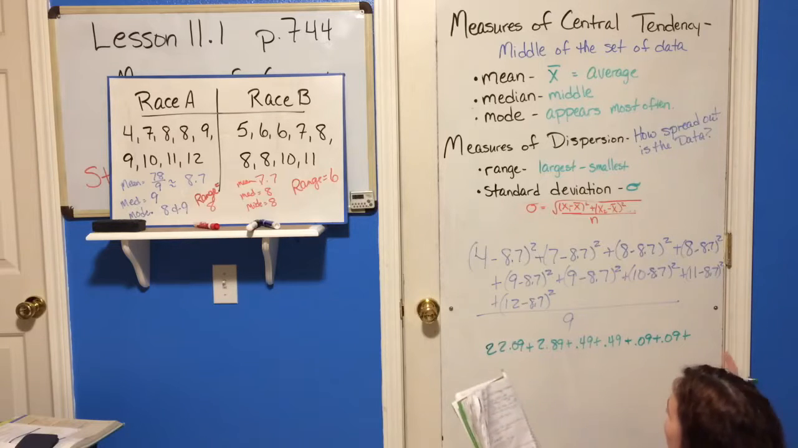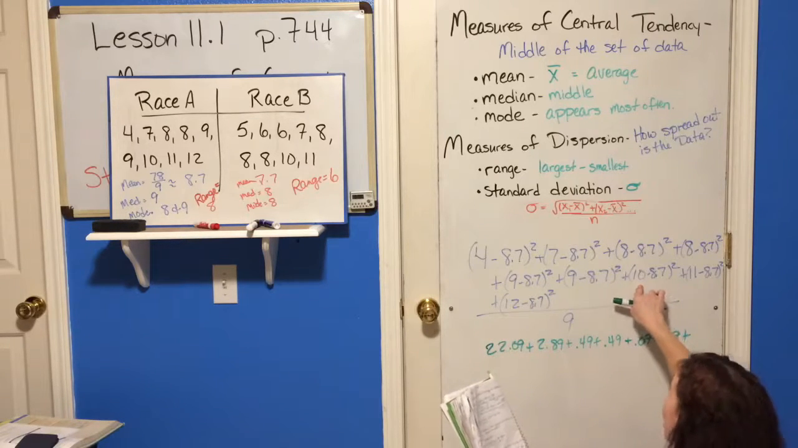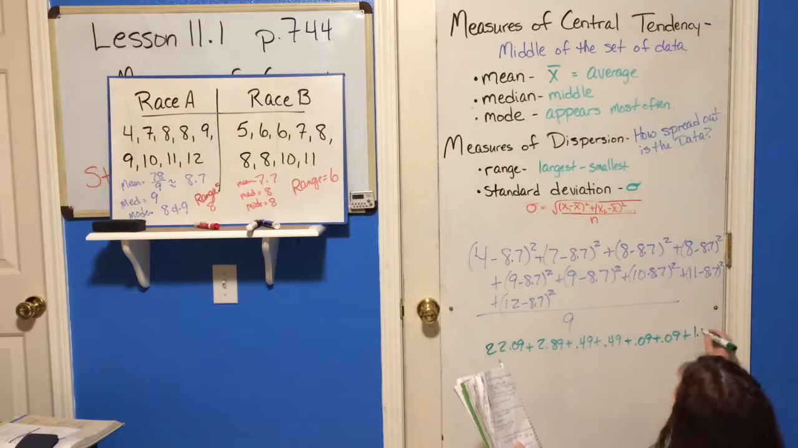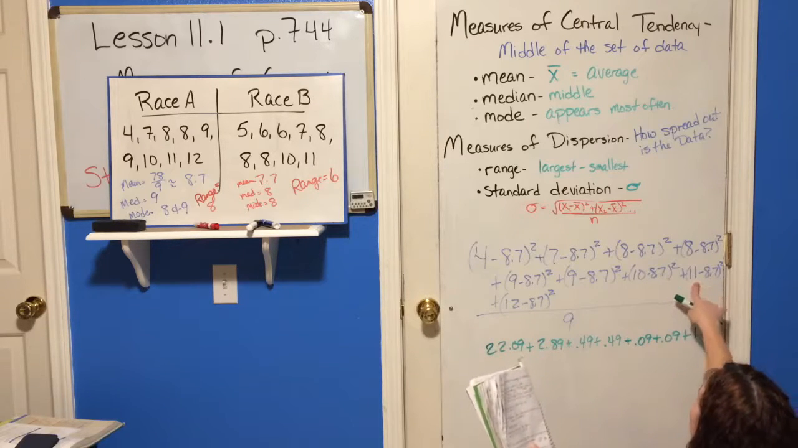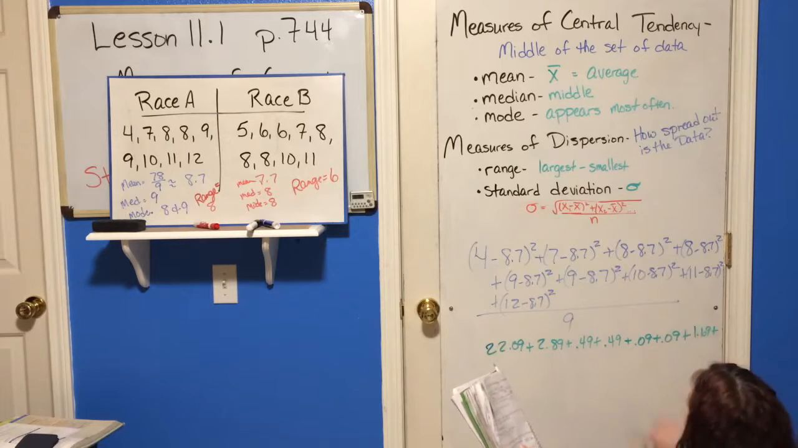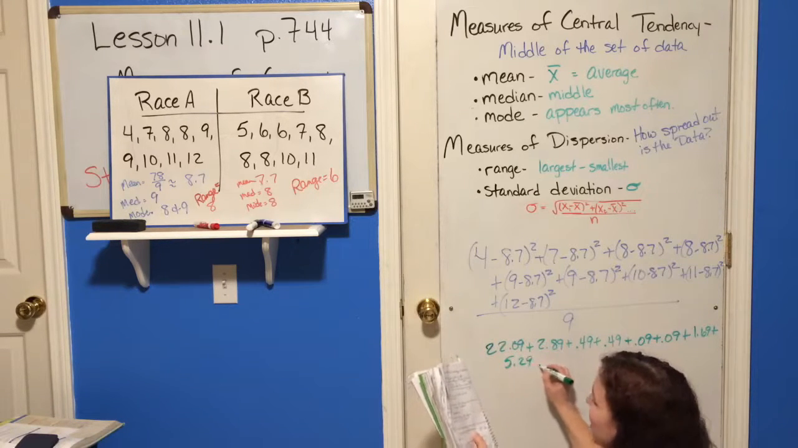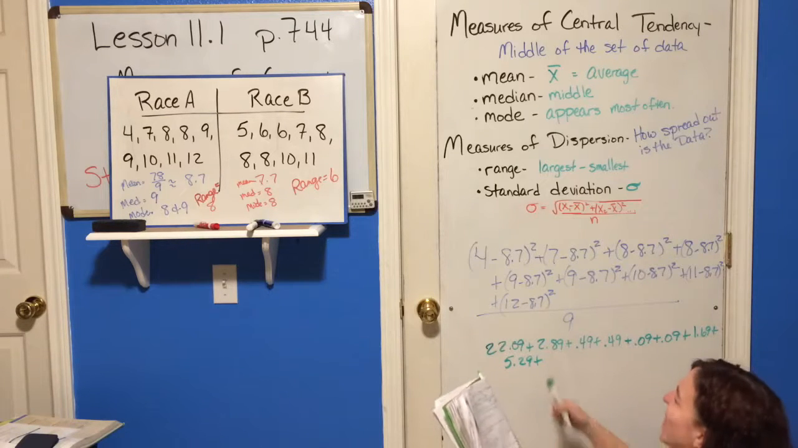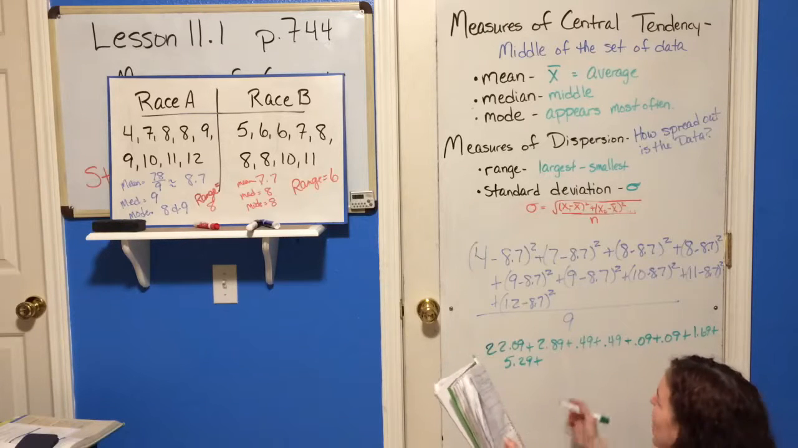And then I'm writing too big again. Where are we? 10 minus 8.7, take that answer and square it. And that should be 1.69. And then 11 minus 8.7 and square that. And you should get 5.29. Are you still with me? Are you still doing this? And then 12 minus 8.7, square that. And you're going to get